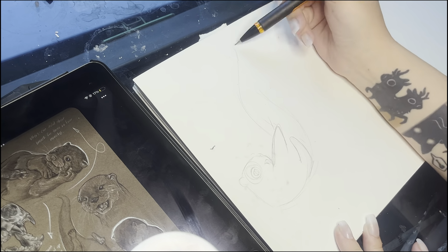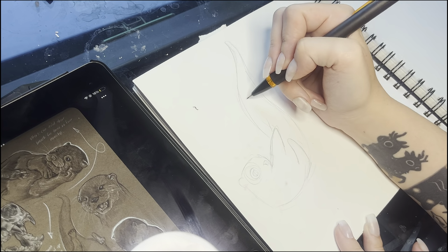So, if seeing me try to draw some otters in my style and trying to figure out how I would do that sounds like something you would enjoy,